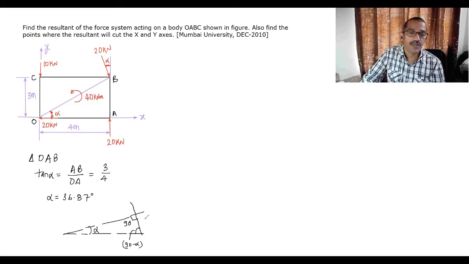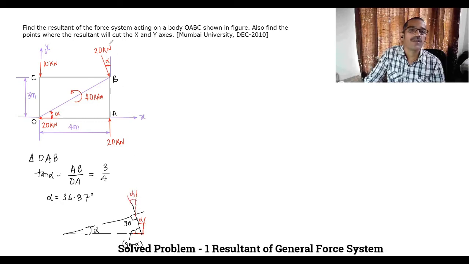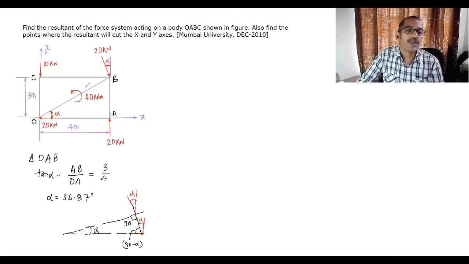That means with vertical, what will be the inclination? I'm drawing here vertical. This one is vertical, this is horizontal, angle 90. That means this angle must be alpha. This angle is the same angle alpha. So in any problem, when the inclination of any line is given with horizontal, then if we draw a perpendicular to it, this one is perpendicular to OB. That's why that angle with vertical is alpha.